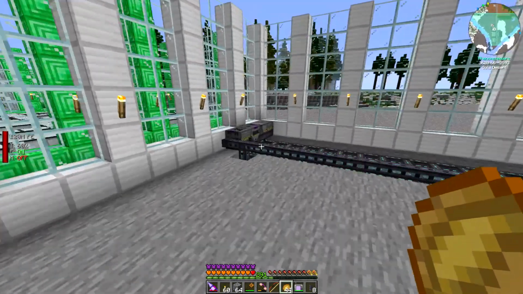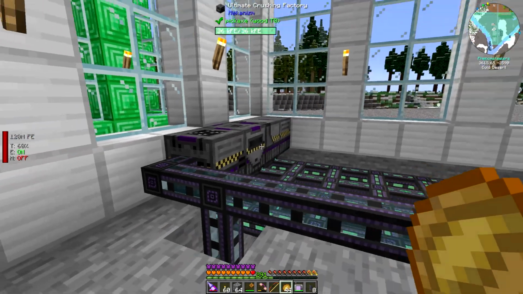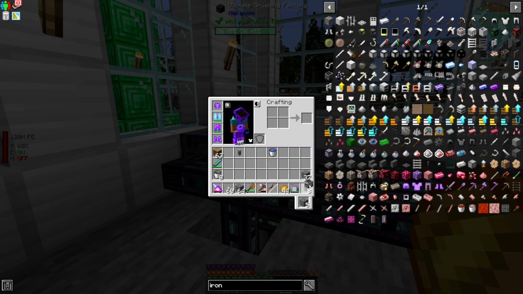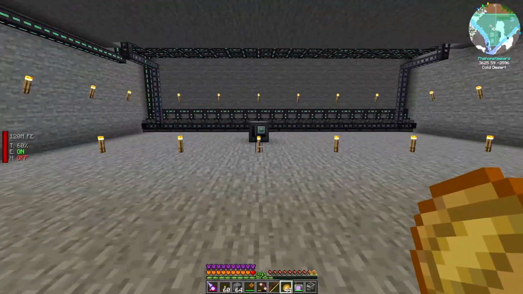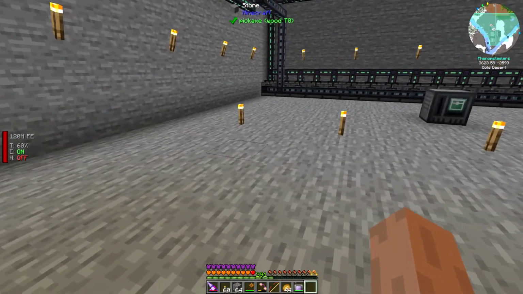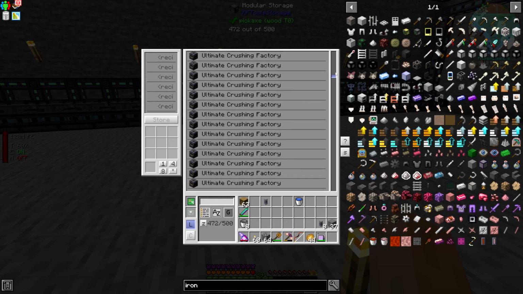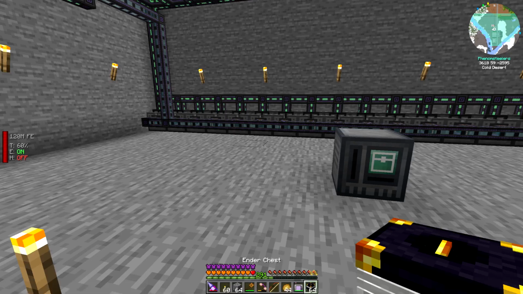So let's go topside and figure out... Actually, I know exactly how I'm going to do this. So I have this Supreme Black Hole unit here, and it has 250 million iron ore. And I'm actually going to set that down here. And let's just set it in the corner. Because what I'm going to do is grab ender chests, which are really, really fantastic. Basically, all ender chests with the same code